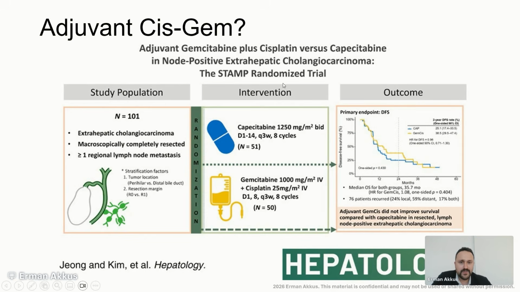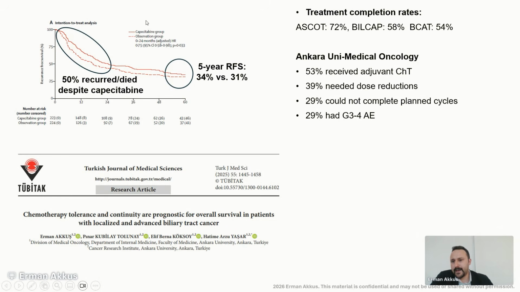So there was a STEM trial from Korea that included node-positive extrahepatic cholangiocarcinoma patients and randomized gemcitabine plus cisplatin versus capecitabine. It did not show any benefit with gemcis in the adjuvant setting compared to capecitabine, and with increased toxicity. So when we look at the BILCAP recurrence-free survival graph, we see that the capecitabine provided a benefit in